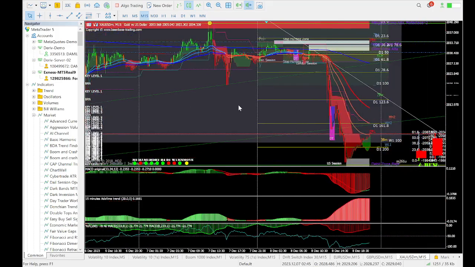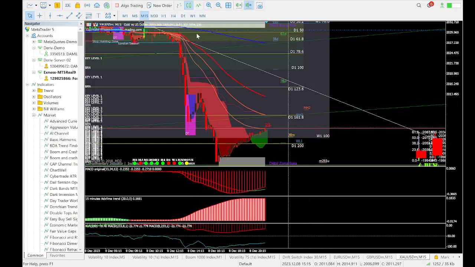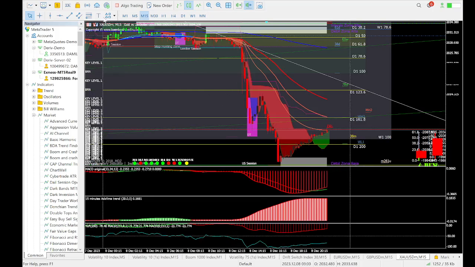Now aside from that, you will have a stop loss. So the stop loss here is making use of the ATR. So let me show you the stop loss. Here is the stop loss. Assuming you enter from here, your stop loss is right at this point. The ATR actually marks that out for you. Assuming you are here as well,